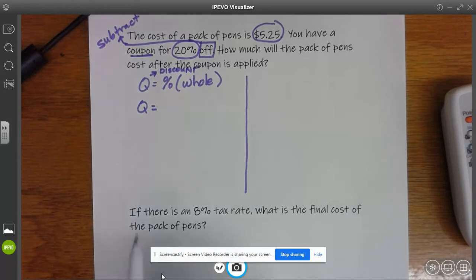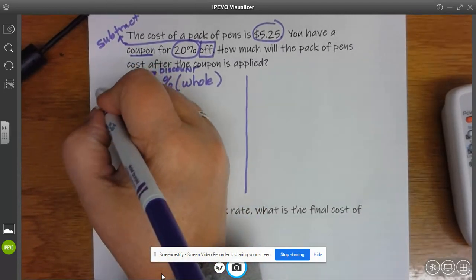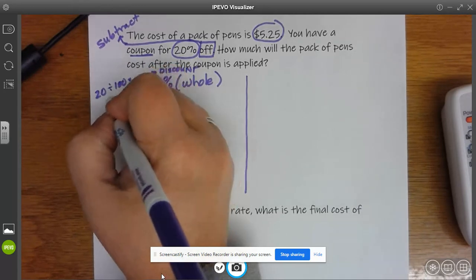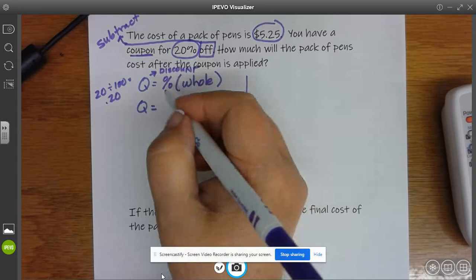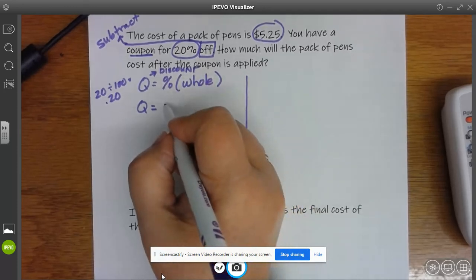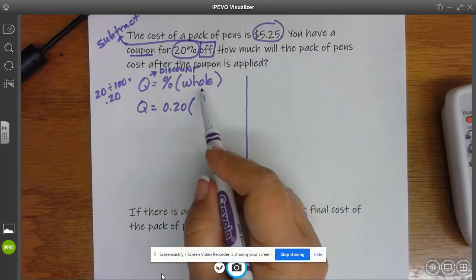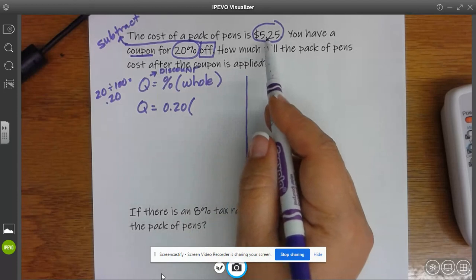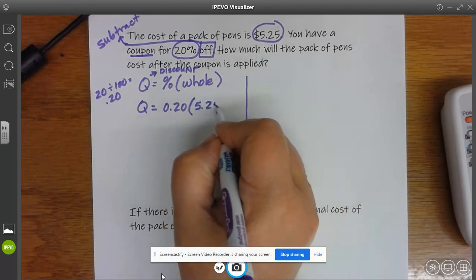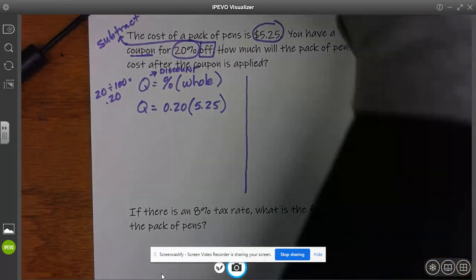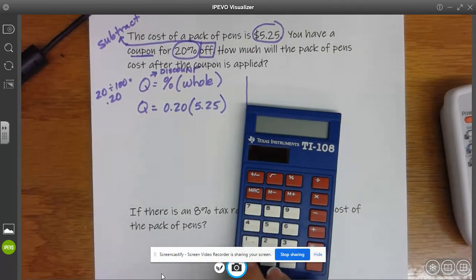Our percent, well, we have 20% off, but as you know, when you have a percent, you have to change it to a decimal by dividing by 100, and 20 divided by 100 is 0.20. So I'm going to replace the percent sign with 0.20, and I'm going to multiply it times the whole. The whole this time is the price of our pens, $5.25. Now, since the Q is already by itself, all we need to do is multiply those two numbers to get our amount. Okay, so I'm going to take my calculator,